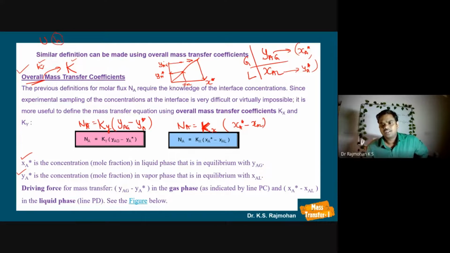So this you understand. You have the bulk concentration on the equilibrium curve. If you know it, correspondingly it will have an equilibrium value on the x-axis, right? That value is XA star. Similarly, you have XA bulk, which correspondingly has an equilibrium composition in the gas phase, and that would be in equilibrium with this bulk liquid. So you have bulk gas, bulk liquid, and their corresponding equilibrium values on the X and Y equilibrium curve. Okay, so that's what we should know.